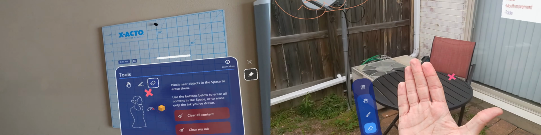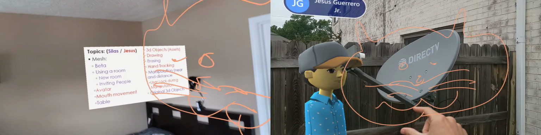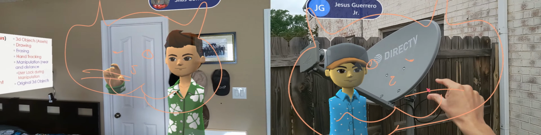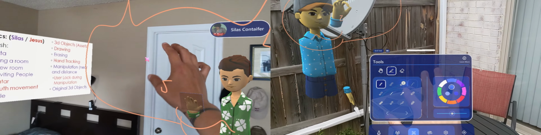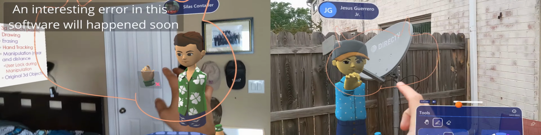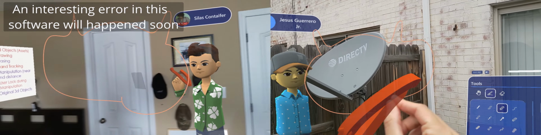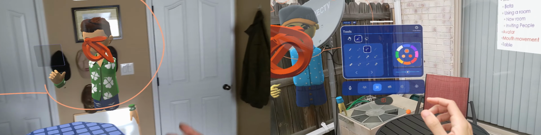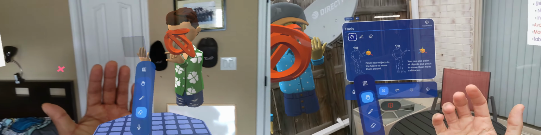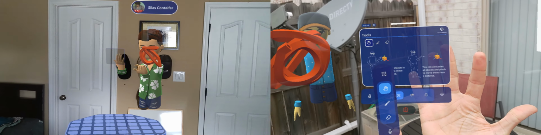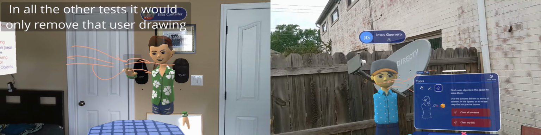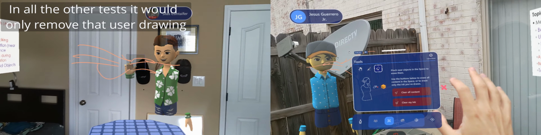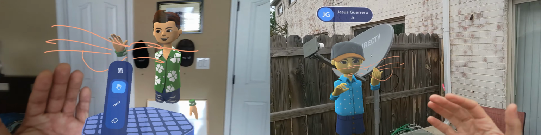And as he used the ability to draw, we also have the possibility to delete some parts. And we have, of course, different brushes, different models that we can use, all in 3D. When you go to delete objects here, you're gonna see that you can remove all the ink, but that's gonna remove just my ink, so Jesus's drawing is still there, and clean all content is gonna remove everything that he had.